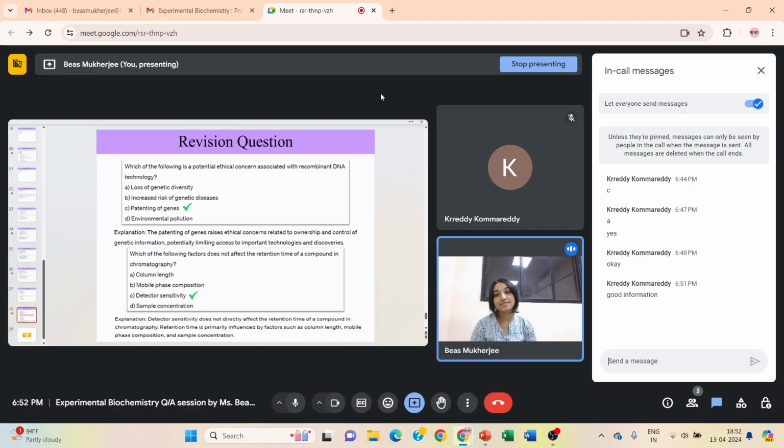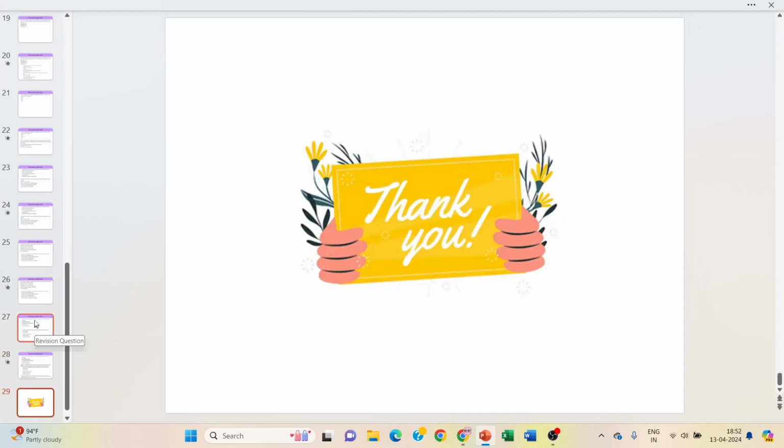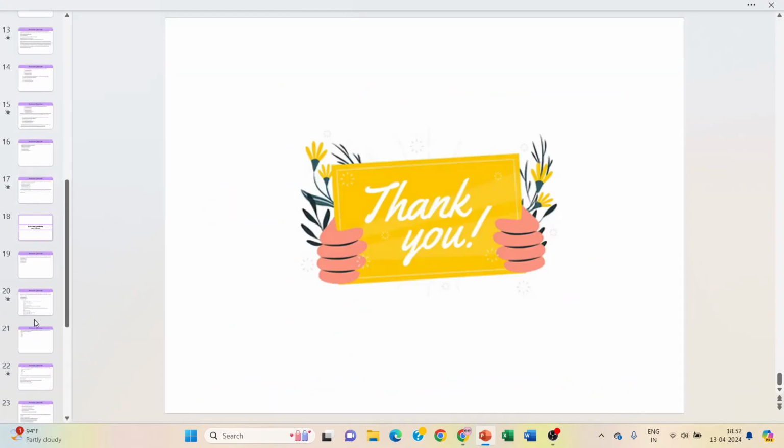So detector sensitivity does not directly affect the retention time of a compound. In chromatography, of course, retention time is primarily influenced by factors such as the column length, mobile phase composition, and sample concentration. So that is the last slide of today's talk, and I would recommend you to go through the